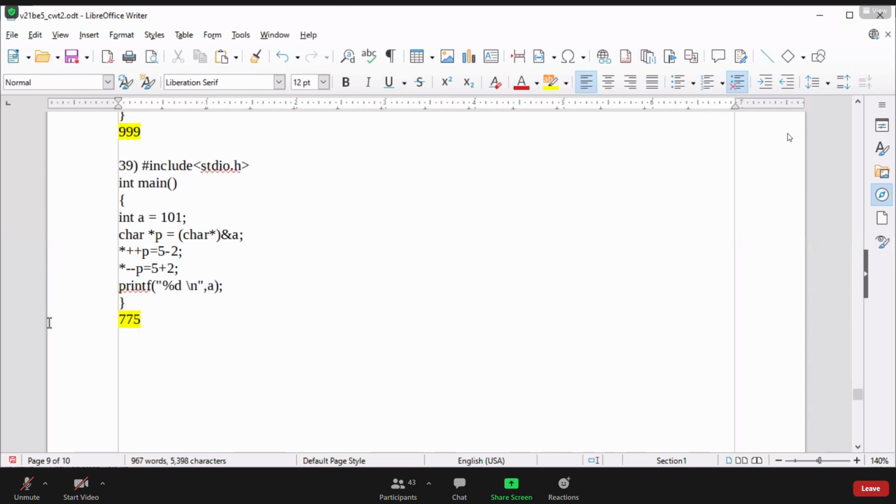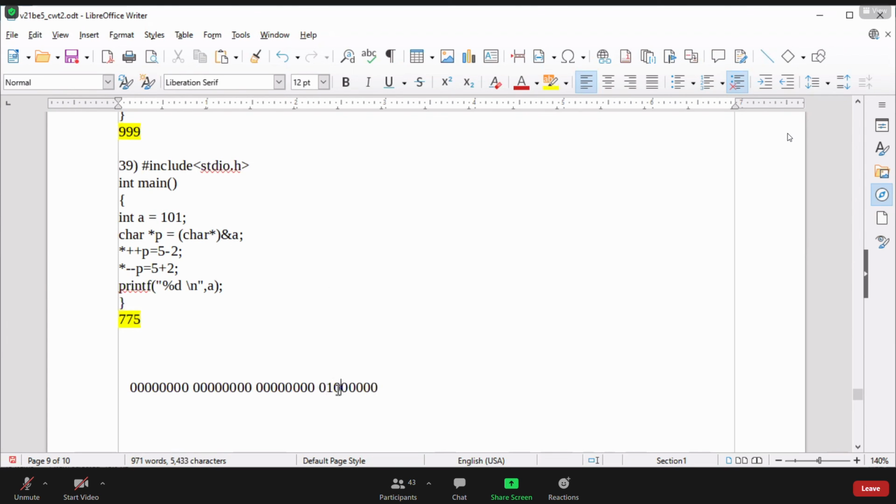What is the variable's value? 101. First of all, it's an integer type variable and it's 4-byte binary. I'm going to represent that. Try to understand it. So I need to represent 4-byte binary. Here, 101 means, just wait, let me represent the proper binary.